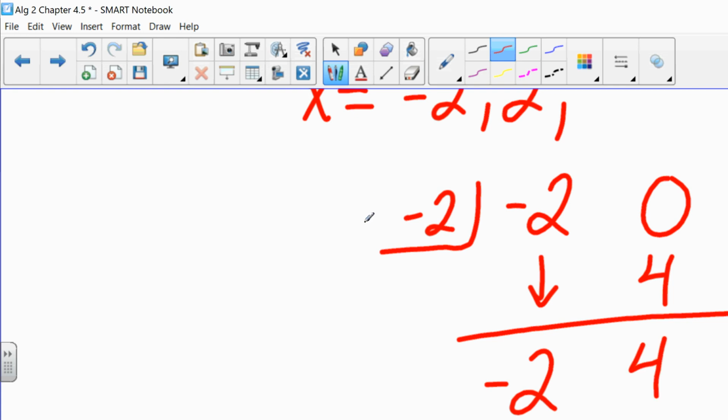Negative 2 times 4 is negative 8. 16 plus negative 8 is 8. Negative 2 times 8 is negative 16. 0 plus negative 16 is negative 16. And negative 16 times negative 2 gives us